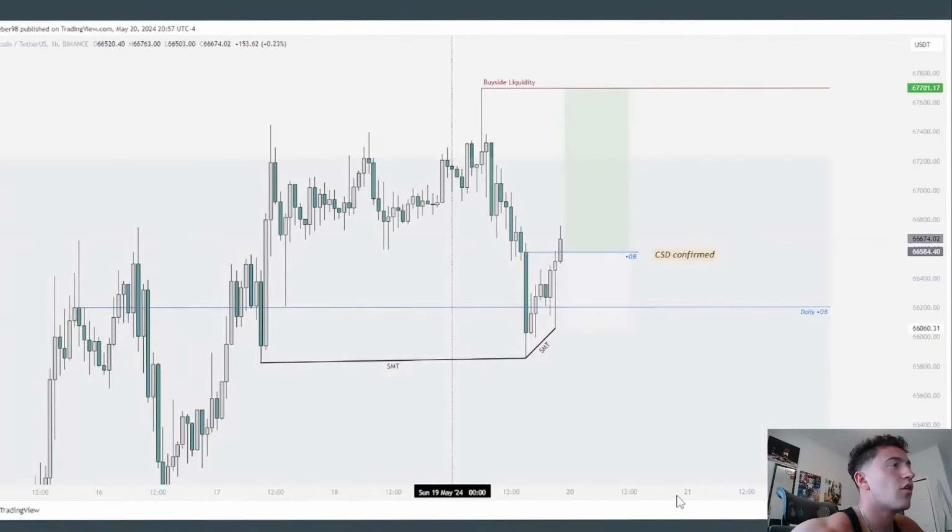So boom, our next candle on the hourly chart, because we're doing daily to 1 hour, closed above that down close. So now we have a confirmed change in state of delivery, and what I can do is set my limit at the down close candle tag for an entry point for our long position, with my stop loss placed at the SMT that created the low, and then my take profit would be a 1 to 2 to the buy side liquidity pool. I could take off 80% of my position and then leave 20% resting to external range